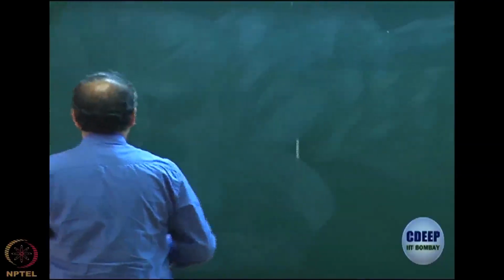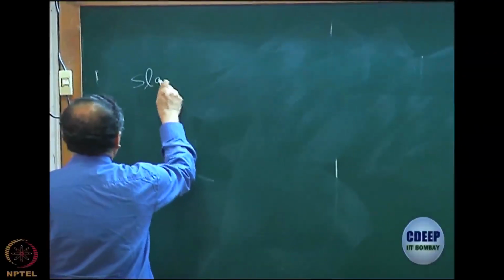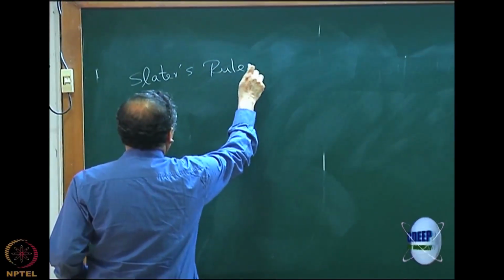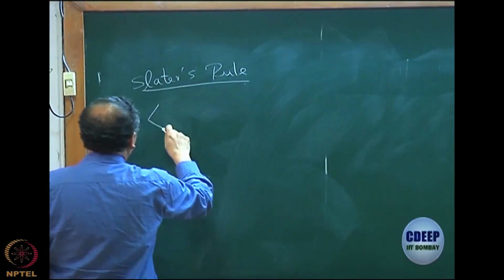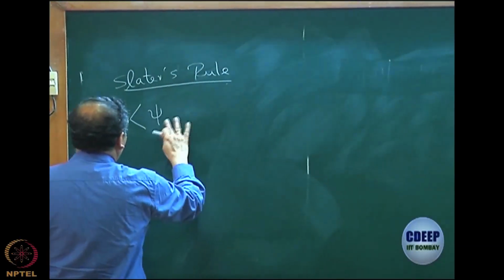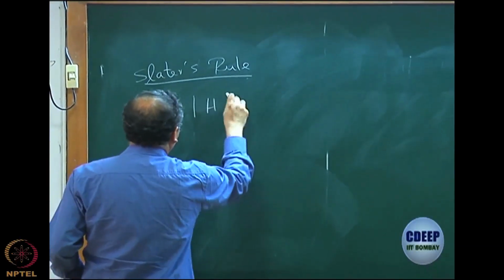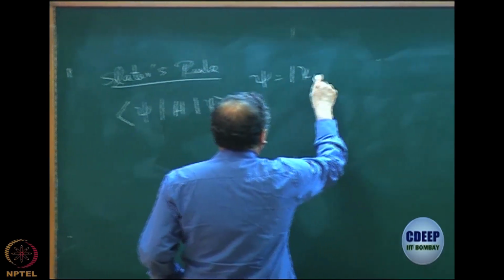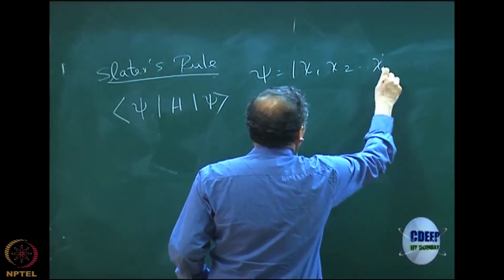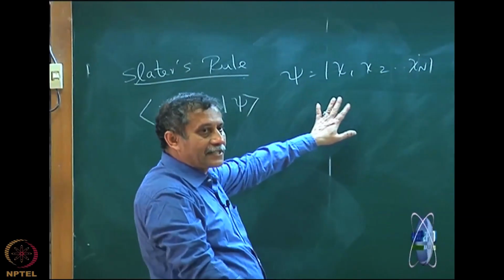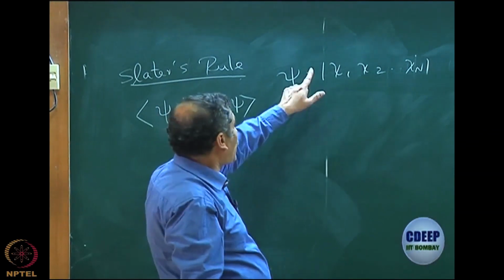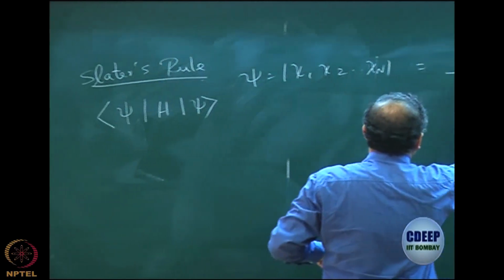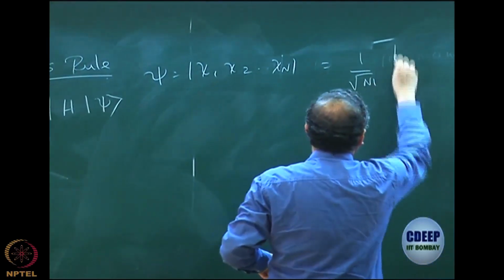So now let me revisit the Slater's rule for matrix element, and in particular of course for expectation value. So we wrote down this where psi is chi1, chi2 to chi_n. Remember, whenever I am writing this is a determinant with a 1 by square root n factorial. So I must mention that this is in full form, it is 1 by square root n factorial, and